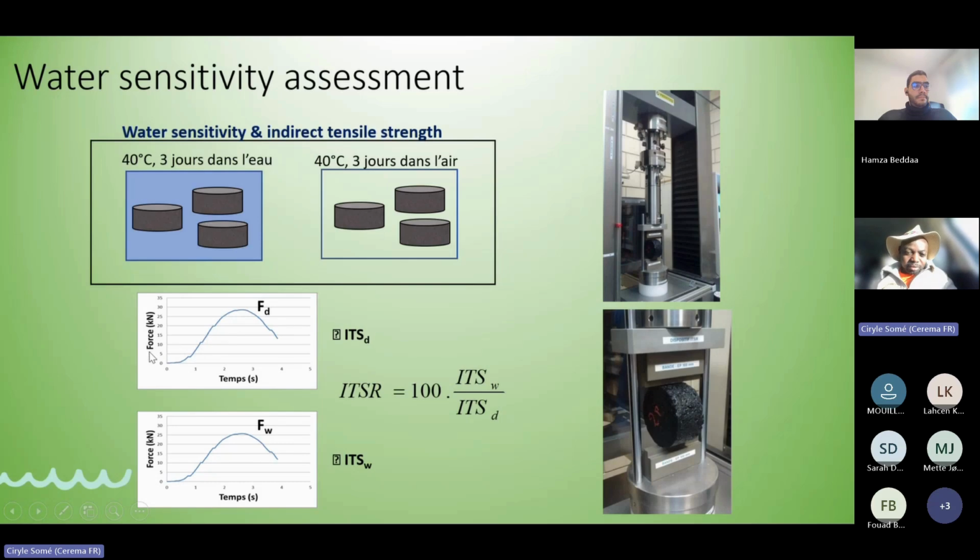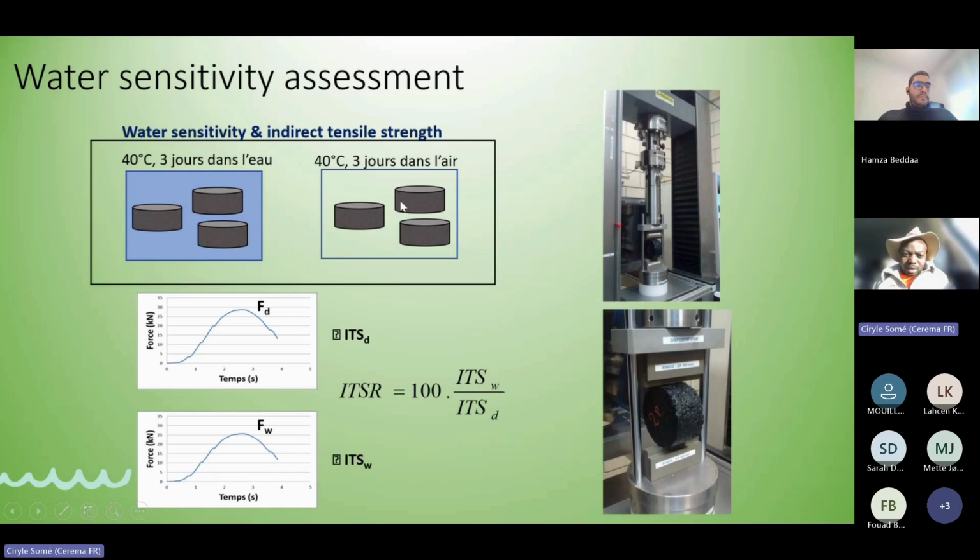We can have a representation of the force versus the time of the displacement, and the most important parameter is the maximum force. And for specimens kept in water, we divide this result by the result of the maximum force or the maximum compression strength of specimens cured